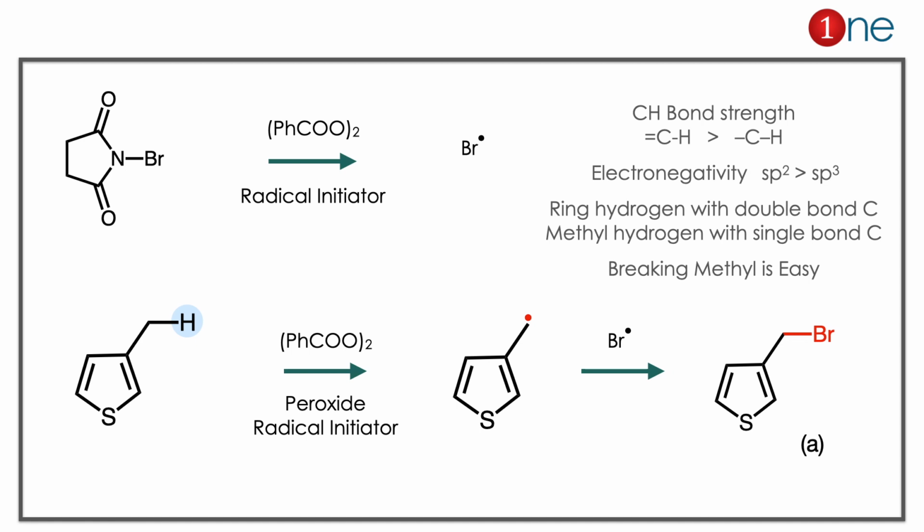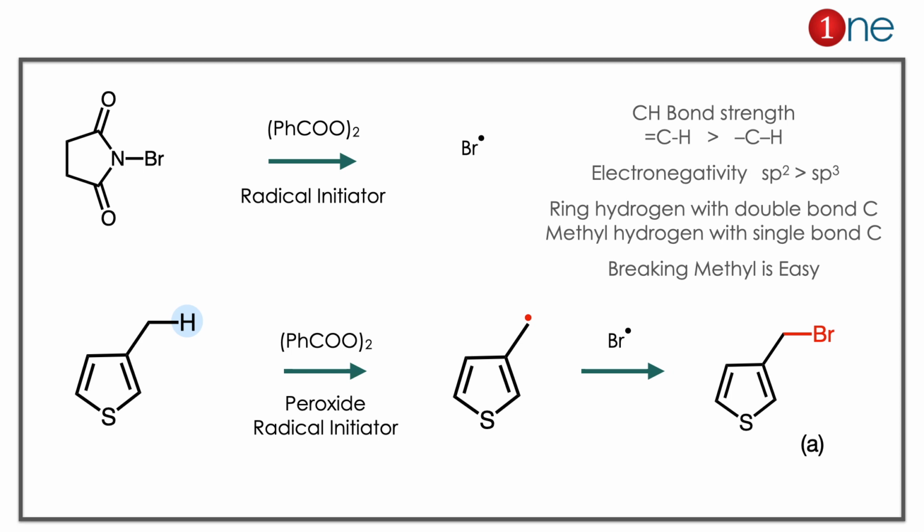Next step, again you are using the same dibenzoate. Then you are reacting methyl thiophene with peroxide. Here the CH bonds are weak. Normally the methyl bonds form the radical there. Normally methyl bonds are more reactive than aromatic ones. You have the methyl radical there. So the methyl radical and the bromine radical combine. You have the bromine formation at the side chain.